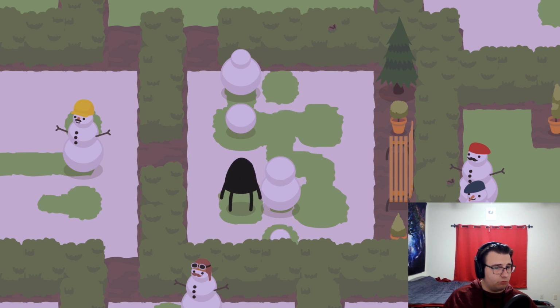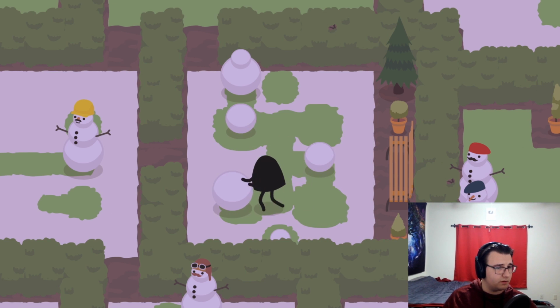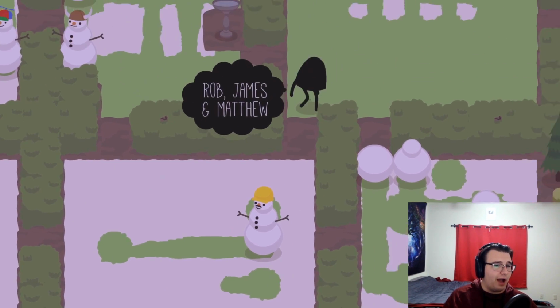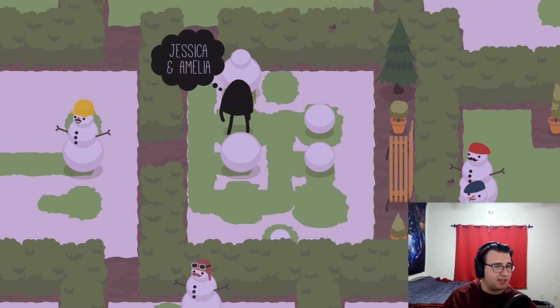I'm just doing some really strange maneuverability stuff. This is totally normal. I want to set this up here. Oh, and then get it out of the way. That's why I pushed it there. I wanted to clear up the snow specifically. So the reason why I wanted to clear up that snow